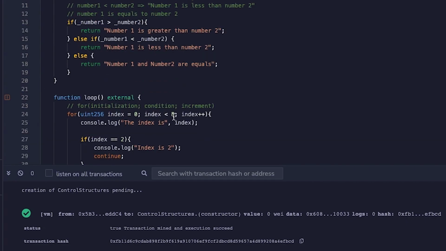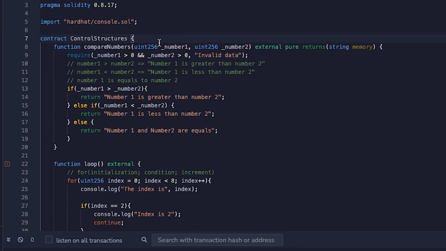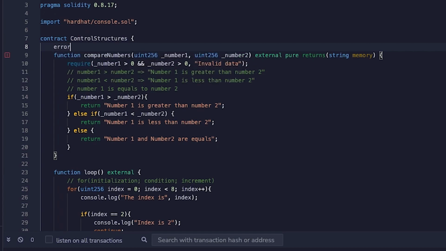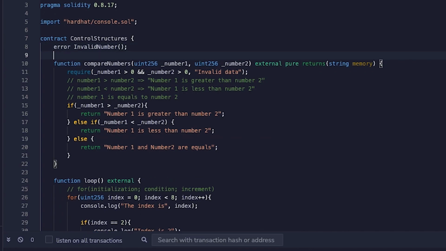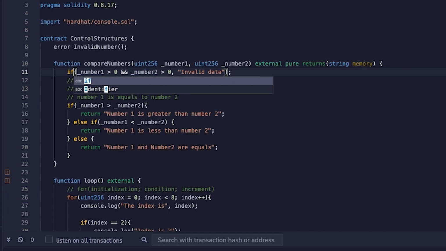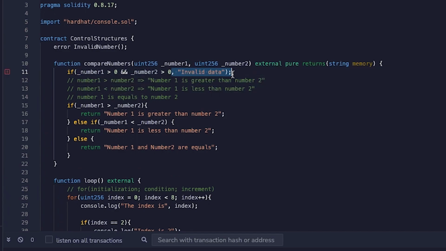So custom errors are a way to basically define, let's say, error invalid numbers. So here I'm declaring an error, but now I'm gonna, instead of using a require, I'm gonna include an if,